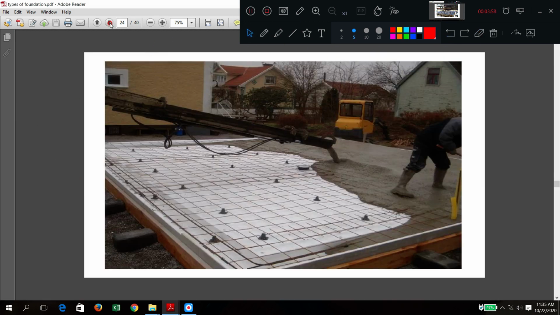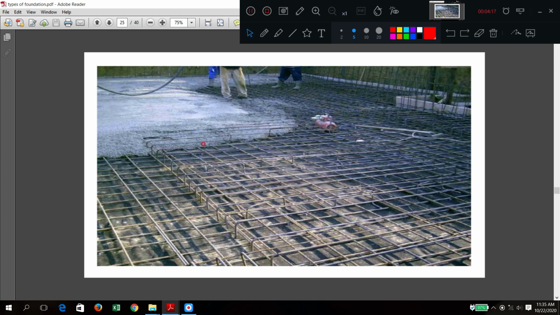Now go to the next diagram. It is also a typical raft foundation. Here, after laying the reinforcement, concreting is done. Nothing much to explain here. This is also concreting for a raft or mat foundation. Here see, the steel has been placed all along the building area. All the steel is laid there, over which the columns are going to come. It is called a raft foundation.